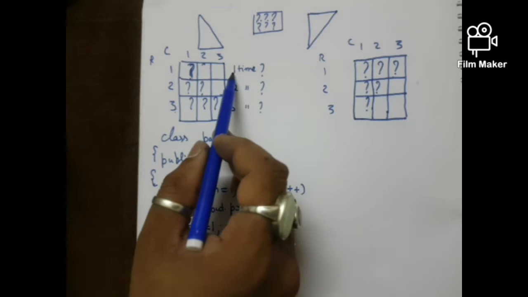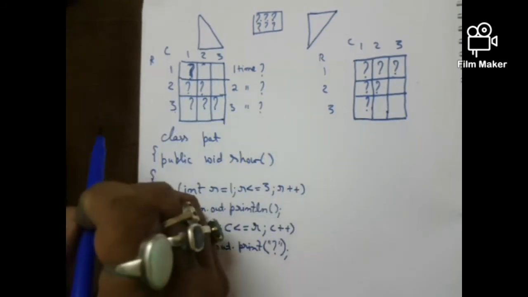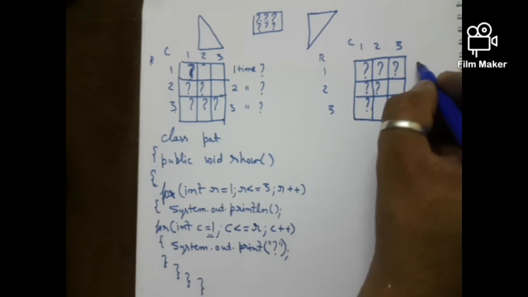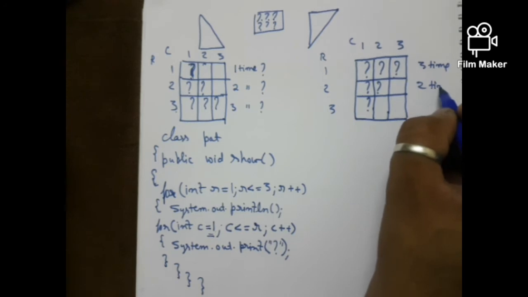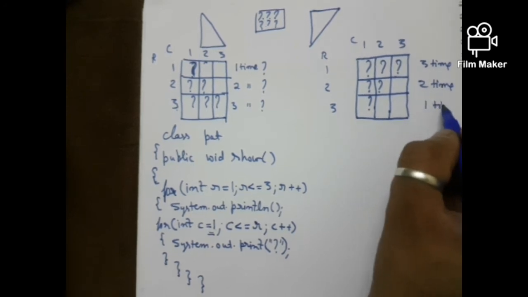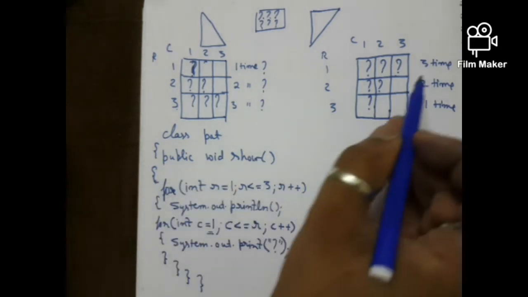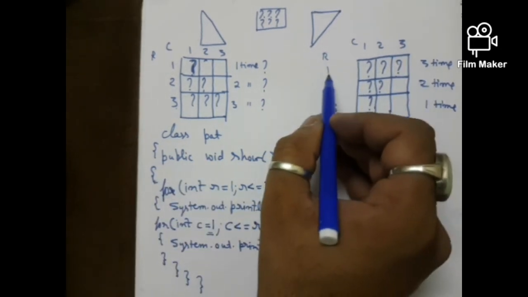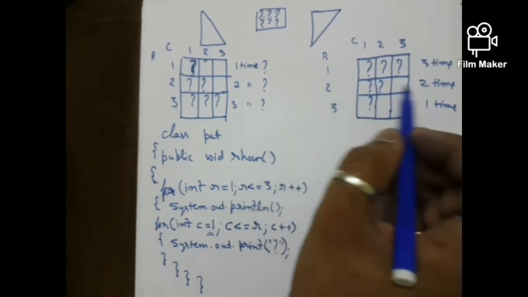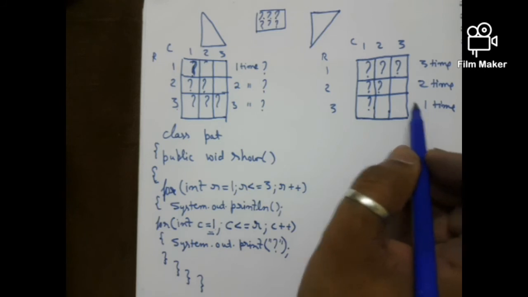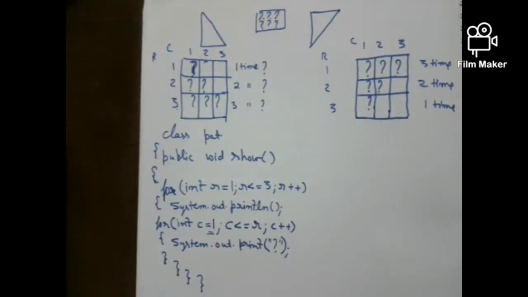That we always know. I have already discussed this in the pattern. But if I look at this, the first row prints 1 time, second row 2 times, third row 3 times. So here the printing is 3 times, 2 times and 1 time. All right. Is there any connection between these numbers? Row number 1 is 3 times, row number 2 is 2 times, row number 3 is 1 time.